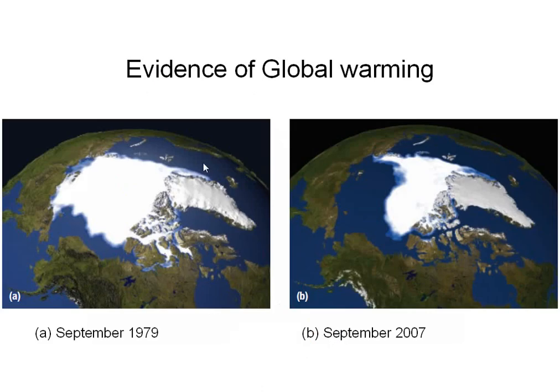So this is also another evidence. If you say one evidence is not enough, then the scientists can show you many different evidences. This is another evidence of global warming. This is the glacier of the North Pole of the Earth. This is not Antarctica. This is Arctic ice. Many years ago, actually only 40 years ago,